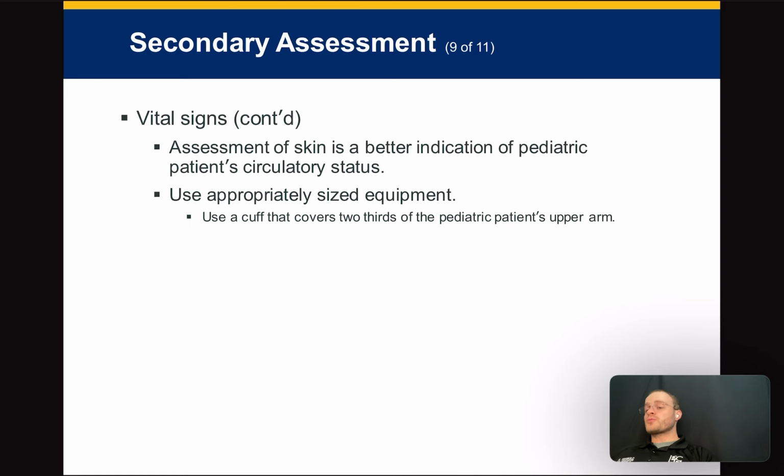Okay. Now, there are appropriate size pediatric cuffs. We'll show you what these look like in class as well. There's neonate, infant, pediatric, and there's toddler, small child, small adult, adult, large adult. So there's like 5 different sizes, I think. We have all of those in class to show you. I know they're there, so I want to show you what those look like. We have both the manual cuffs and the blood pressure machine cuffs.